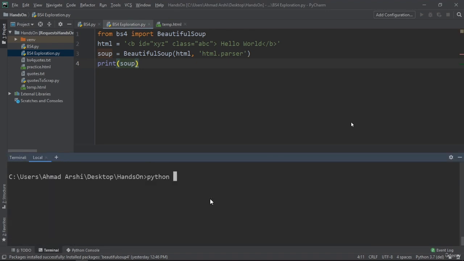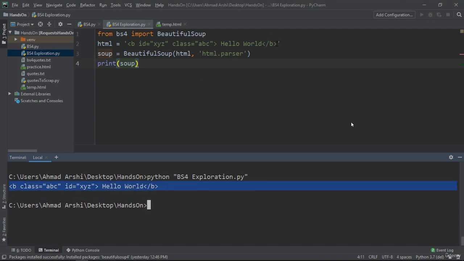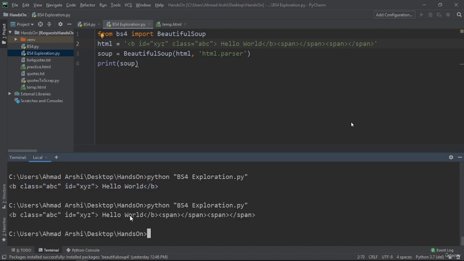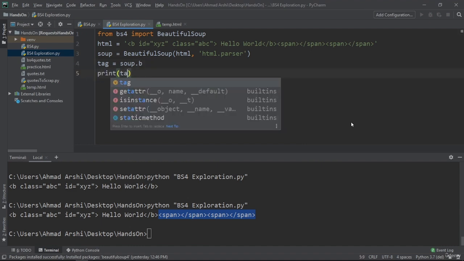If we go for python BS4 exploration.py and hit enter, this is what I'm getting right now. If there were other tags as well, let's say some spans here, and I hit again, this is what I'm getting: the B, then the first span, and then the second span. Right now I just need the B tags from there. What I can do is specify soup.b, so it will only provide me with the B tags. Now if I print the tag and hit enter,